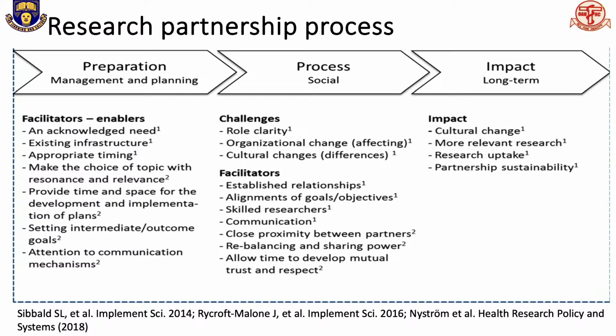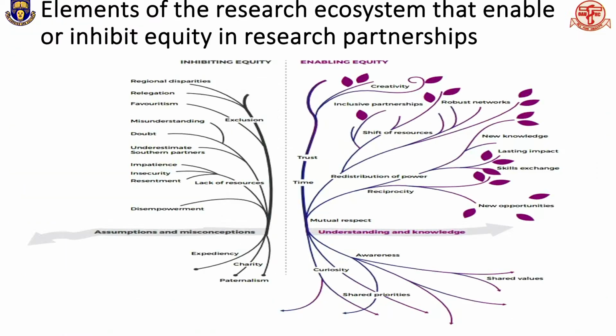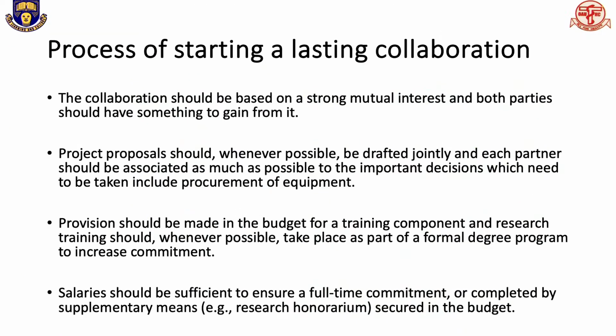Next slide. And there is a process in determining research partnership. It starts from adequate preparation to process and impact, which I won't waste time on. Next slide. So the key thing we need to know if we are to have lasting collaboration is that the collaboration should be based on strong mutual interest